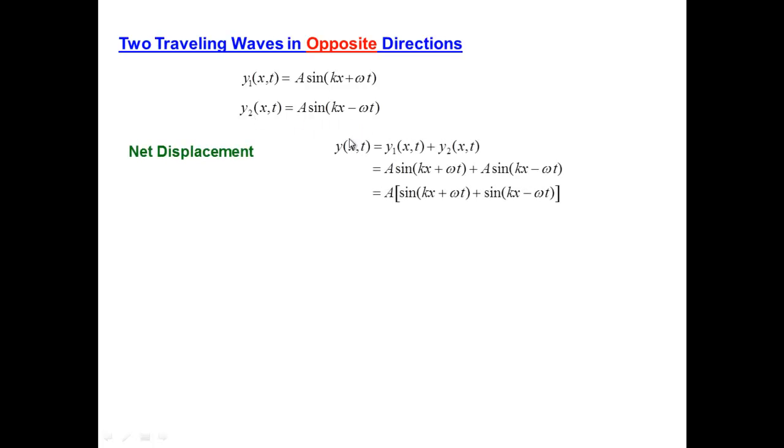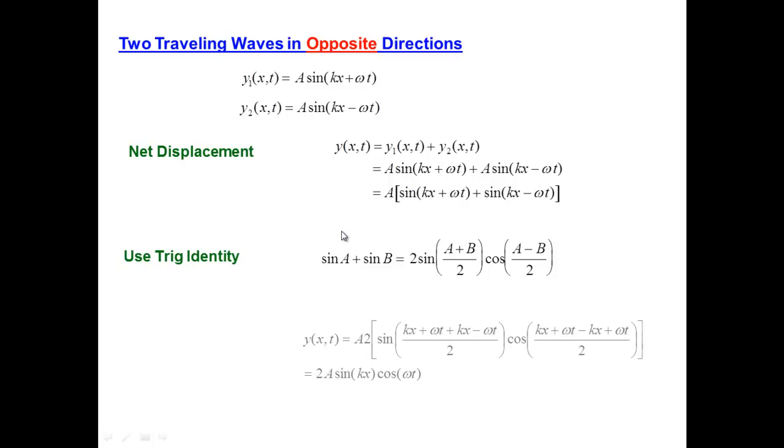So according to the principle of superposition, when we add them together, we simply get the net displacement, the net disturbance. So you can pull out a factor of a from the two, and to make further simplification, we have to use a trigonometric identity that you may remember from previous courses. There's a similar kind of identity for the sum of two different cosines, the cosine of two different angles, but the one that we want is the sum of the sines of two different angles. And taking this expression and substituting it into the net displacement for our two oppositely traveling waves gives us this